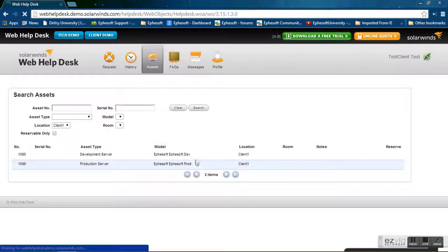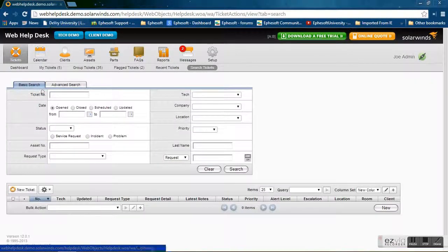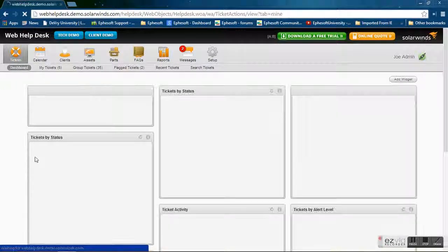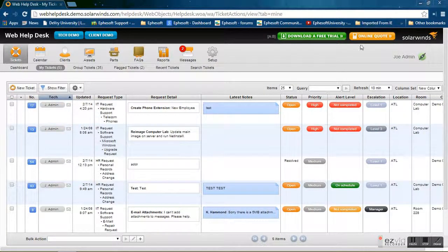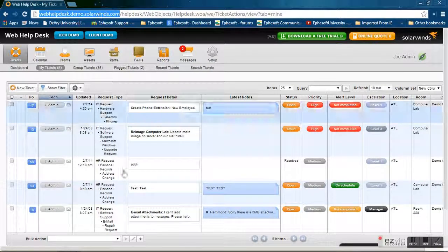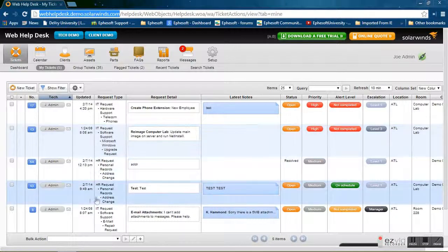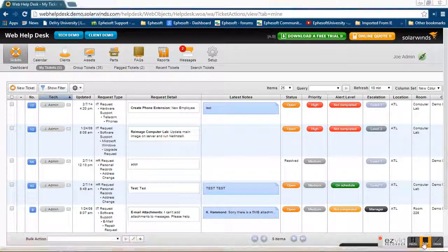So that's pretty much it. That's the overview of this ticketing system. I think we'll have a lot to play with, but it's got a lot of features that we could definitely use. A couple of things about it: I'm still waiting for a response back from the sales team for this company, and then also the other thing is that I don't believe it's a hosted product, so we might be looking at an on-premise solution. That'll be it for